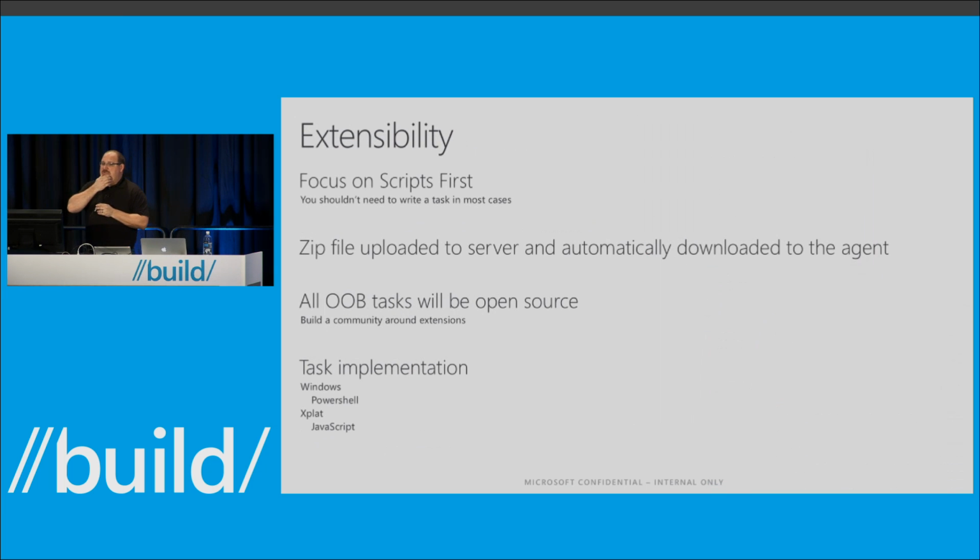Extensibility. The first place I focus on extensibility is, you saw it's really easy to add a task to say run a script, right? Hey, run a PowerShell script, run a command script, run some random exe that you integrate with. We set a whole bunch of environment variables for you to make it easy to get information like, what's the build number? What's the agent name? What is the TFS URL if that's something you want to know. A lot of those things are set as environment variables, so it makes it easy to grab from your